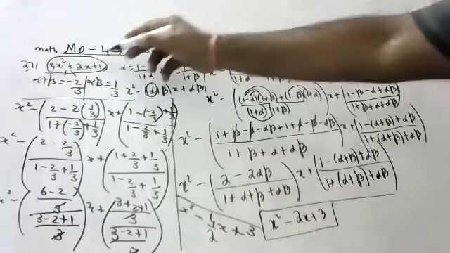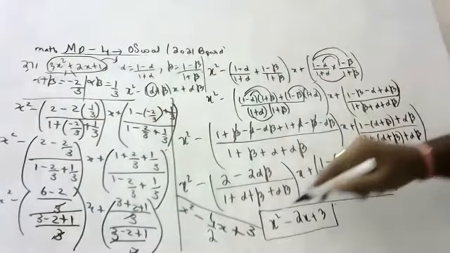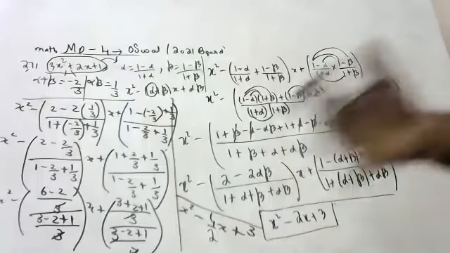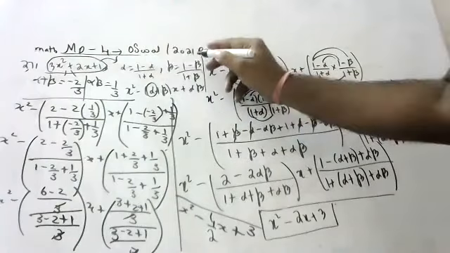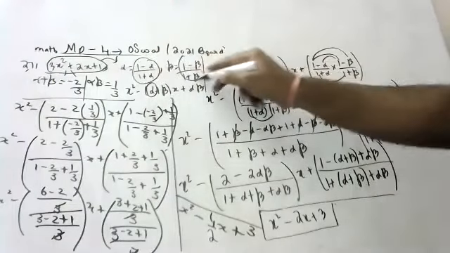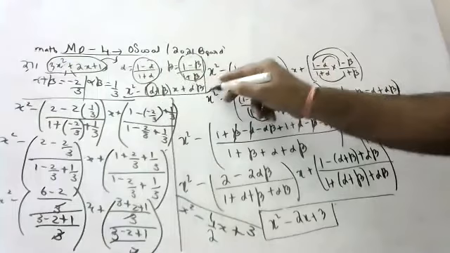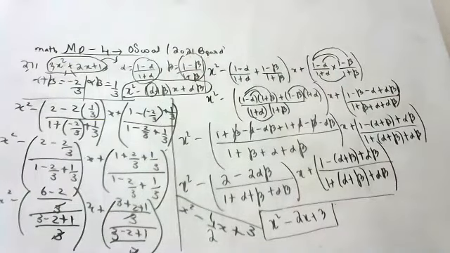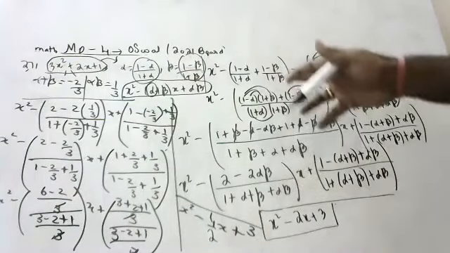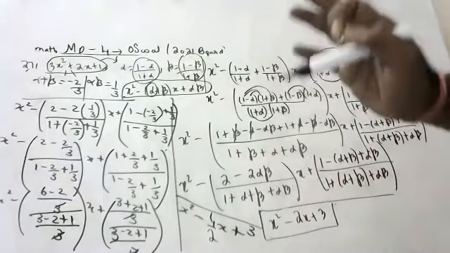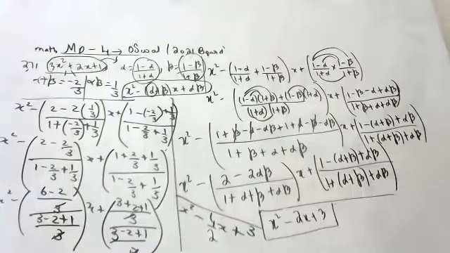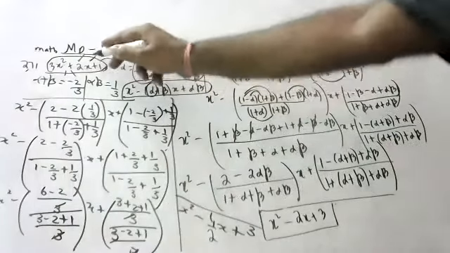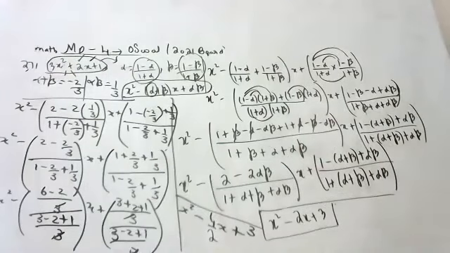Children, if you're not able to split it, this much long procedure you have to do. If suppose you can split it, imagine you are getting alpha as 1 and beta as 2. Put here, you simplify this, directly you substitute in this formula, you get the answer in 2 steps. But because we are not able to split, you have to continue the whole process. Finally, you have to get everything in alpha plus beta and alpha beta. Then alpha plus beta, alpha beta is available from this, you can substitute and get the answer. Like that, you are going to do, children.